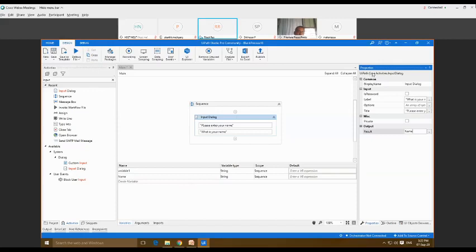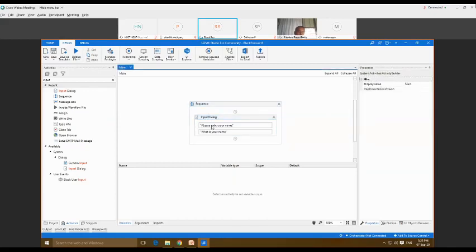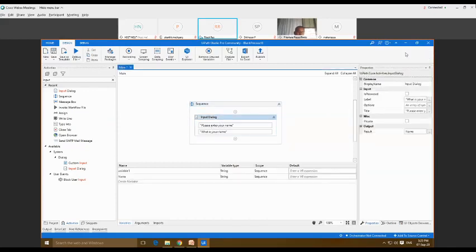By the property panel, you can see this is on the right side of my screen. This is the property panel, and how we can get it: we just click on any activity, then this panel will be automatically opened, and then under this result, we have to click with the help of our mouse, and then by pressing Ctrl and K, we can create the variable as per our requirement.